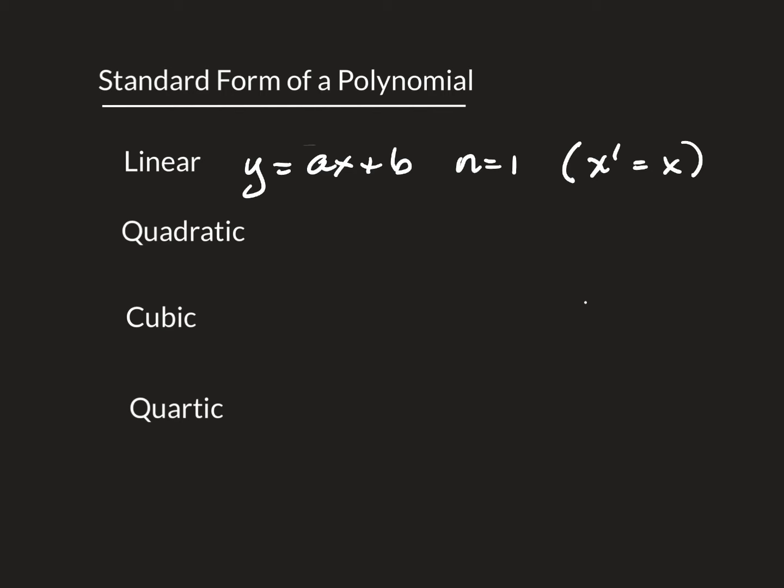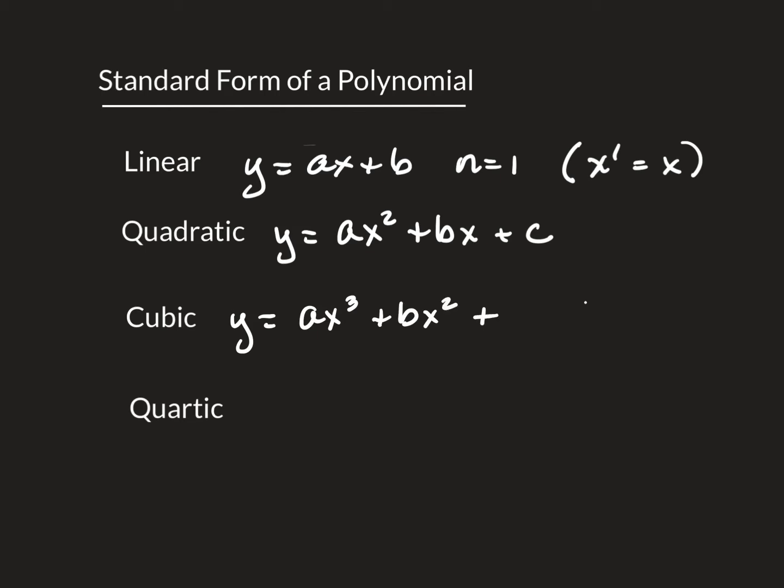Another example of a polynomial function is a quadratic function. This has degree 2, and the standard form. A cubic function has degree 3 and has standard form. And a quartic function has degree 4 and has standard form of